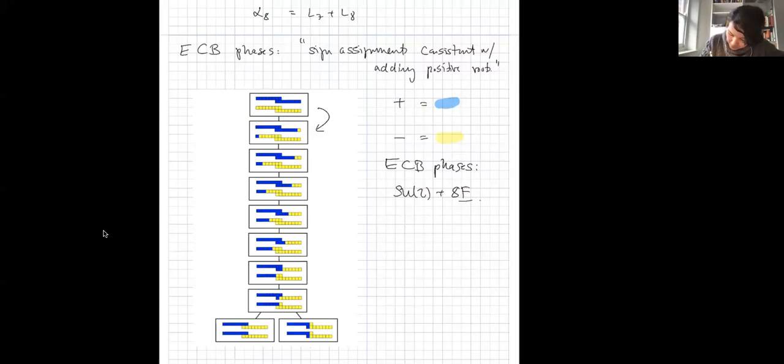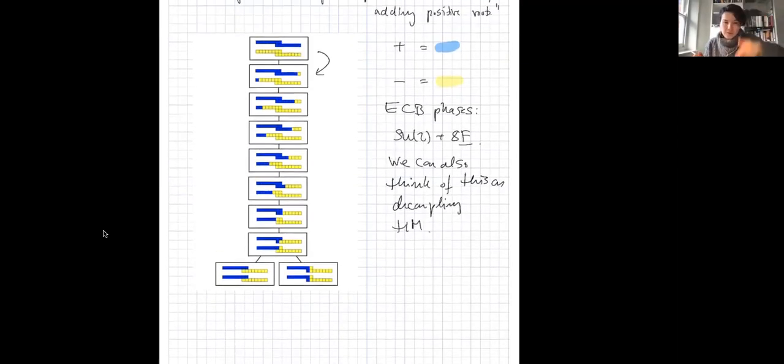Right, so each phase, and we'll discuss this in more general terms once we get to the geometry, why this is really decoupling. This is sort of a comment here. I can also think of these as decoupling hypermultiplets. And so then this tree of theories is really sort of a tree of SU(2) with N_F flavors,